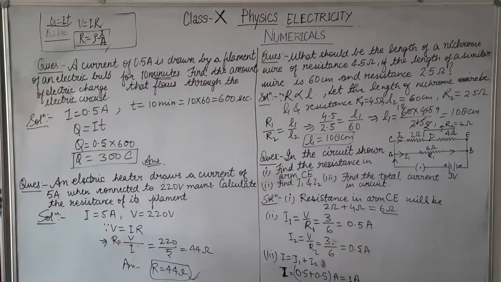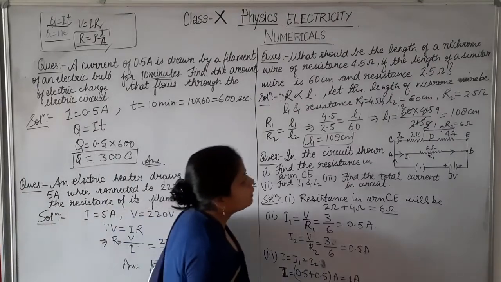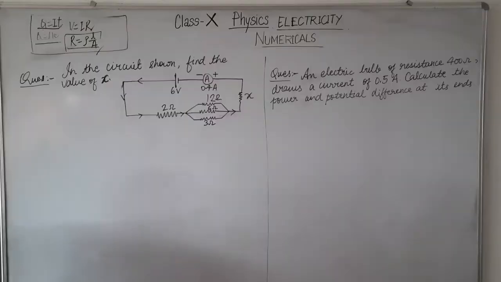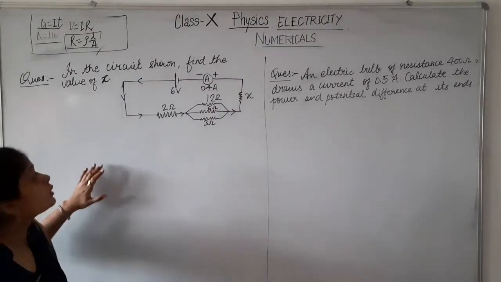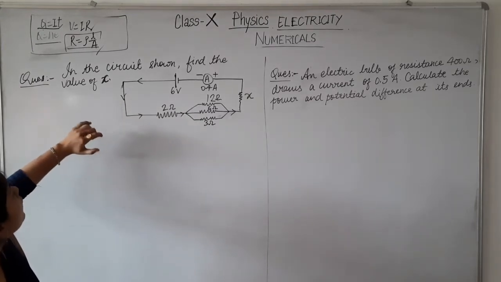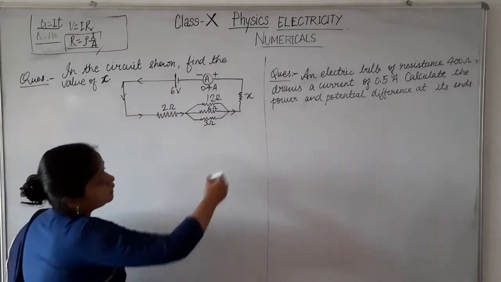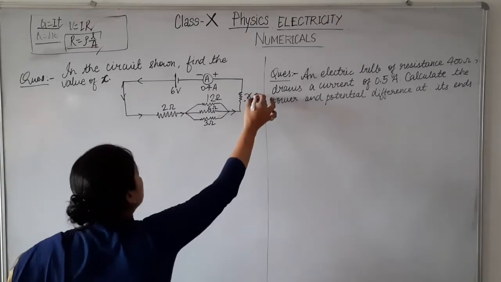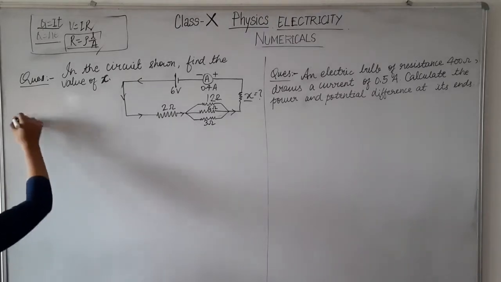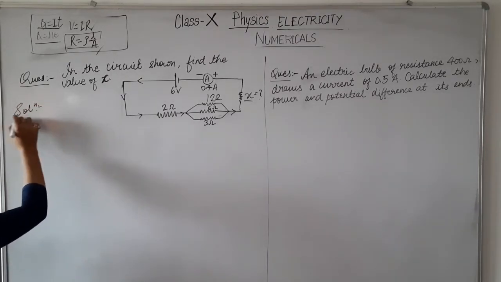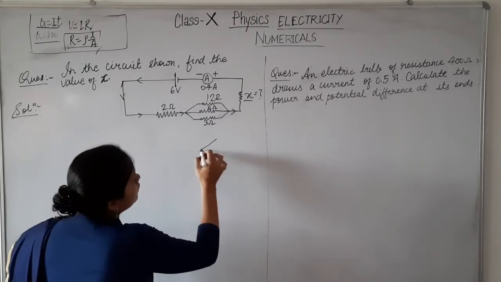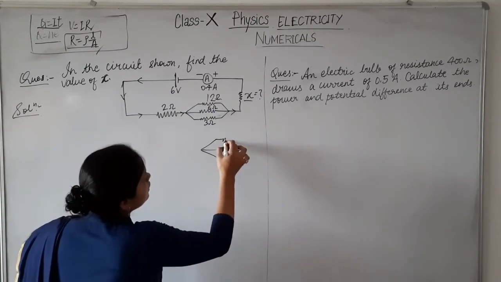These were 4 very easy questions. Now let's move to solve a few other questions. So here are 2 more questions, students. See, in the given circuit shown, find the value of x. Here x is given. We have to find out the value of x. How will we find it? Using various concepts we have studied up till now. First of all, just look at this much portion of this.